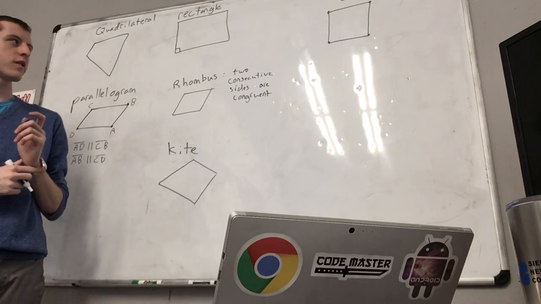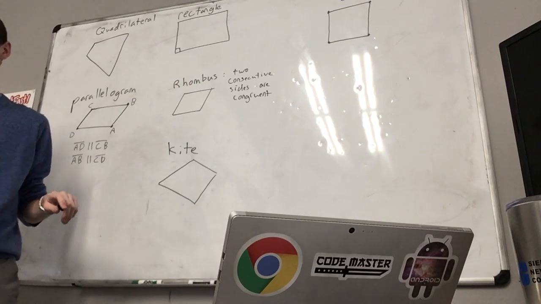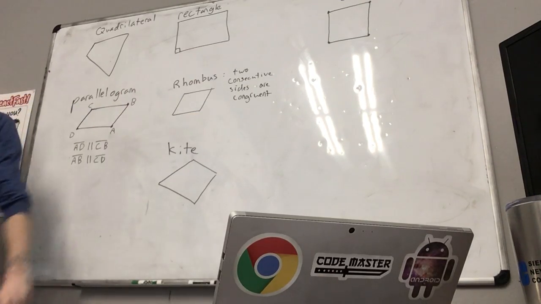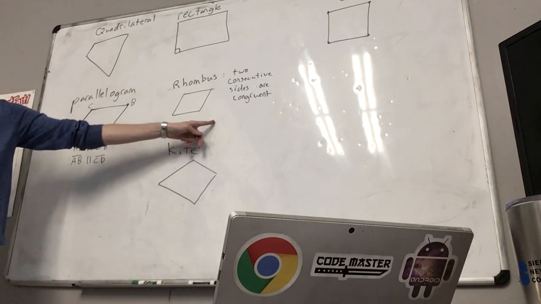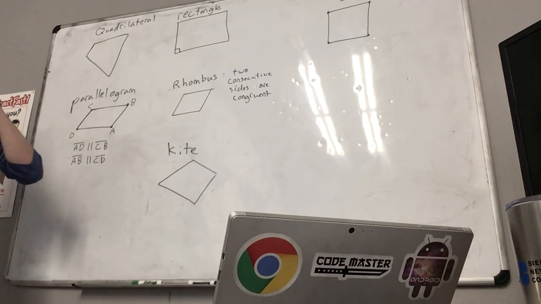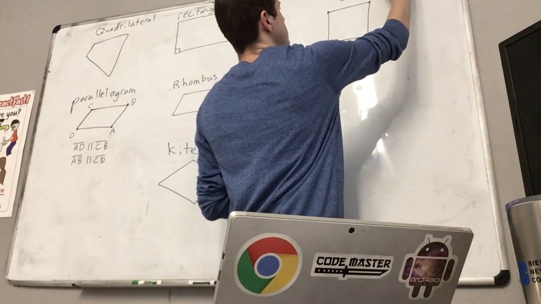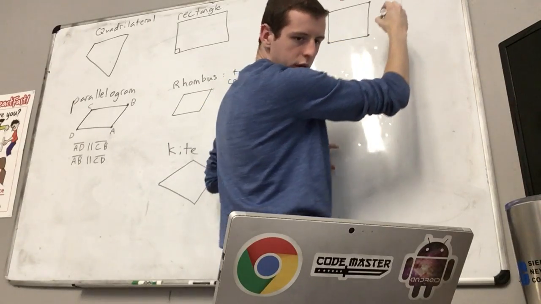So the official definition for a square is a rectangle and rhombus combination. The easiest way to combine those definitions is that they have four consecutive congruent sides that all have 90-degree angles. Okay? So really quick, I'll write this one because it's a little bit different. Both a rectangle